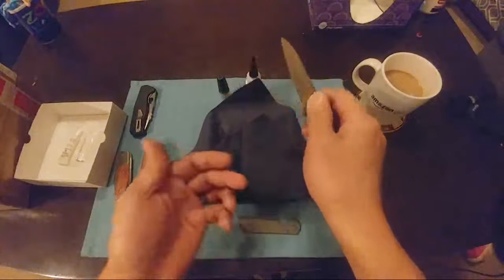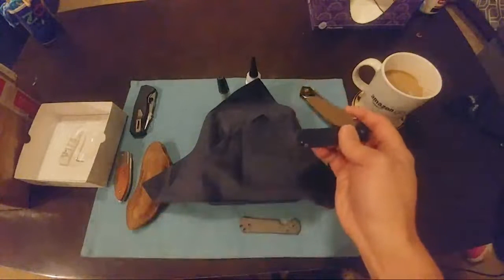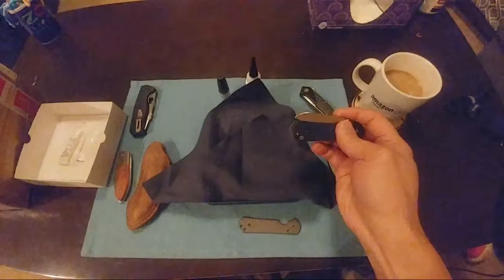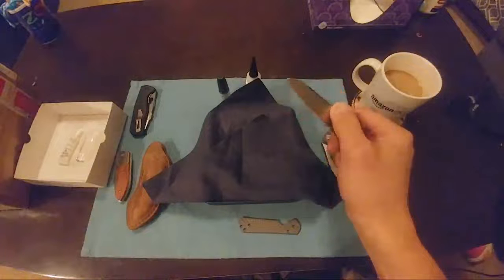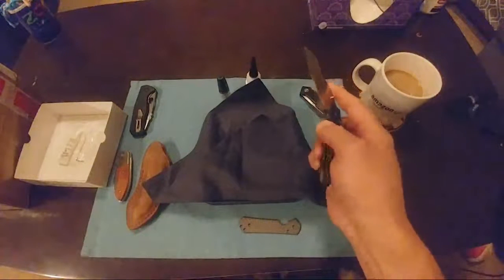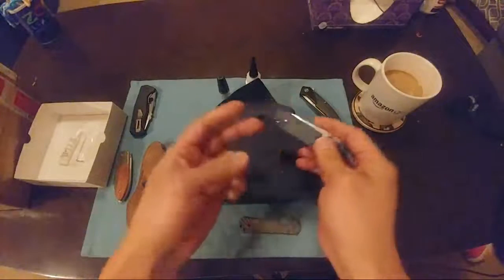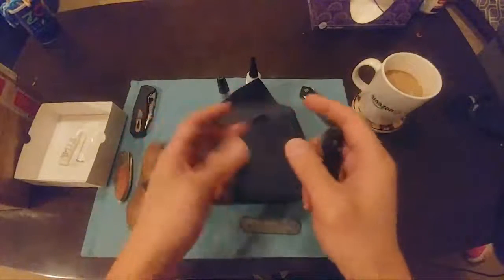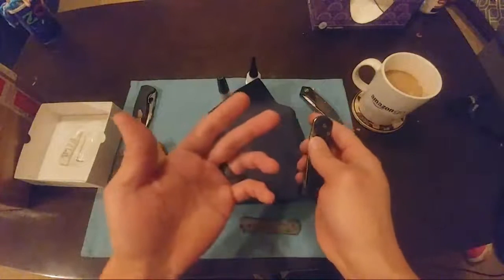That pass around group's still going really well. What else do we got here? Oh, SHOT Show. Oh man, can't believe I didn't talk about that. So SHOT Show videos are starting to come out. There's probably two knives that I've seen in the little coverage that I would like to pick up. One being